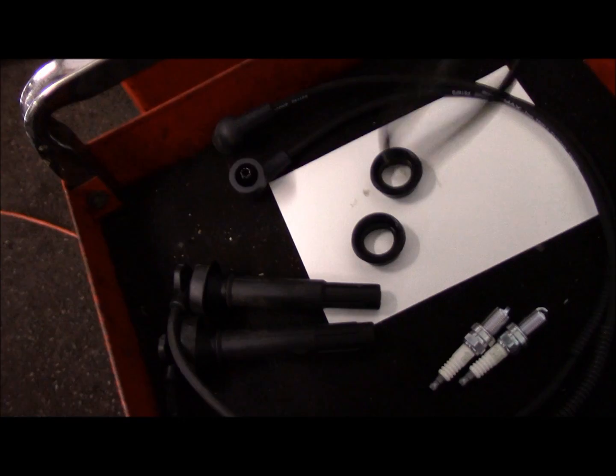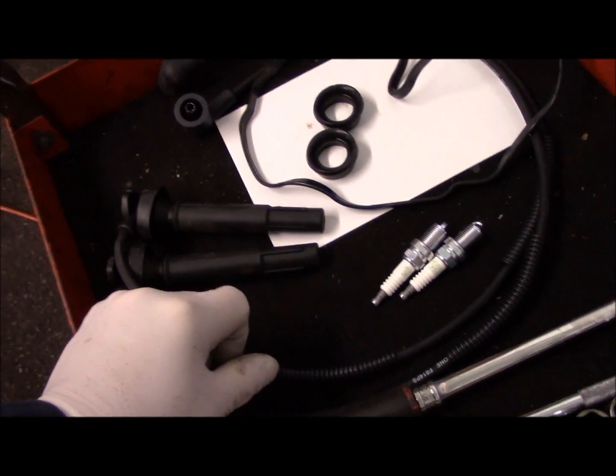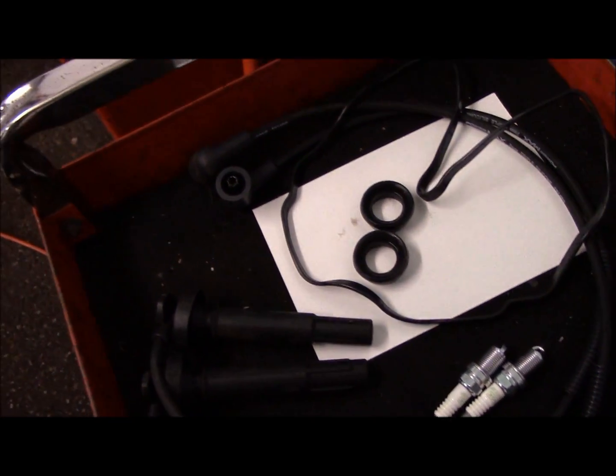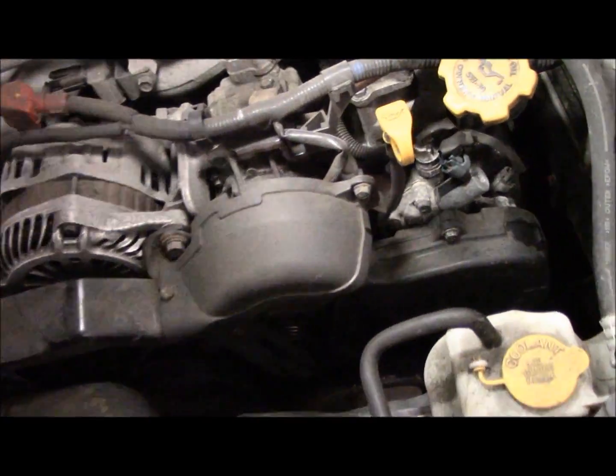We're going to change the valve cover gasket itself. We're going to change the seals for the dipstick, for the spark plug tube, and of course we're going to continue with our tune-up. I will point this out before you get started. Make sure you go underneath the vehicle and put a piece of cardboard or plastic or something underneath there, because as soon as you take that valve cover